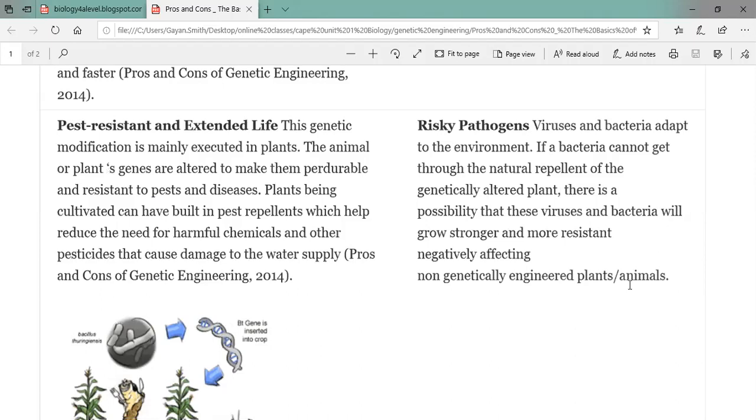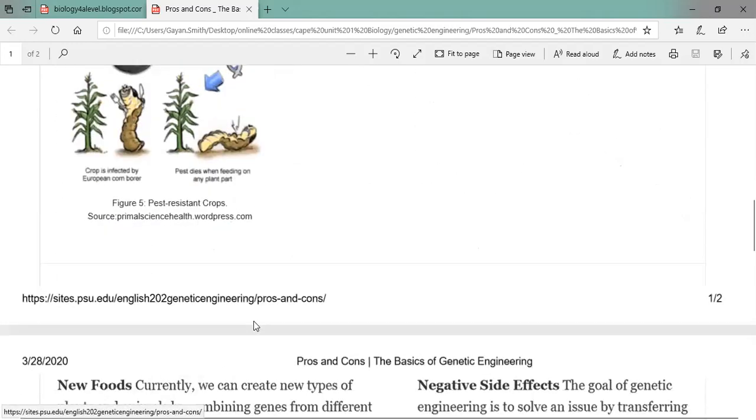And that is actually happening right now, especially when it concerns corn. Everybody has been producing the genetically modified corn, because right now if you go and just plant regular corn, your plants are going to be susceptible to these bacteria that have evolved and are very super bacteria that even if you use a regular pesticide or whatever, it doesn't kill them, because everybody else is using genetically modified corn. You have to fall in line because your crop yield is going to decrease, right? So that is another con.